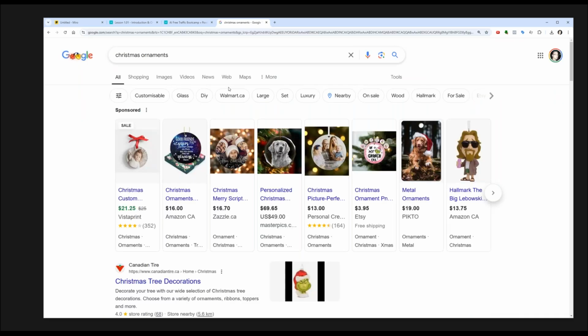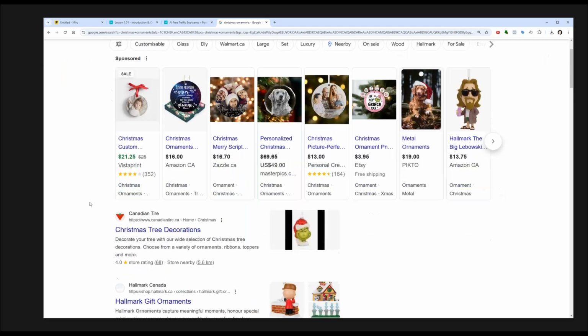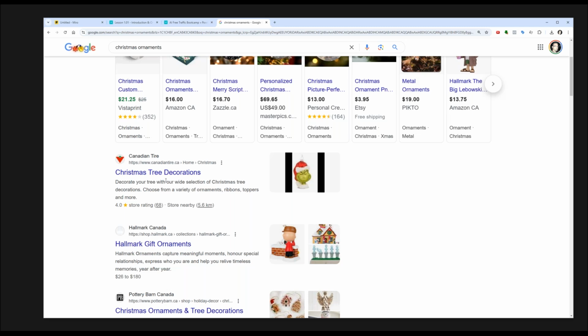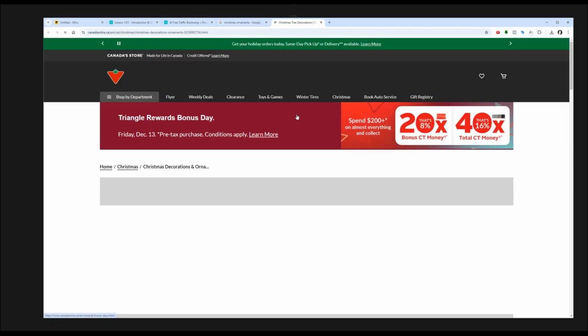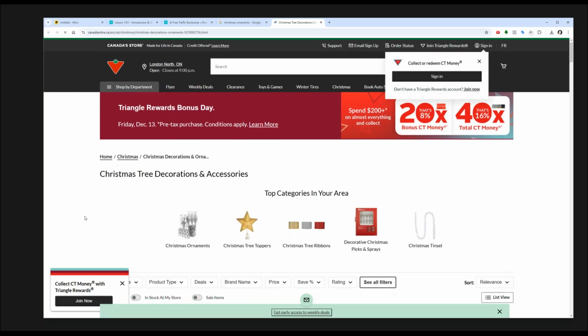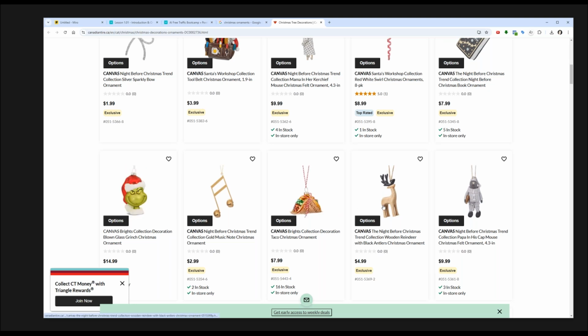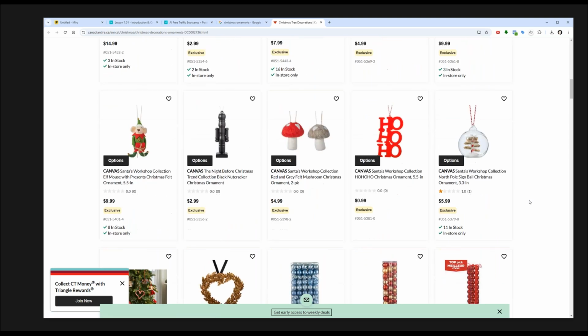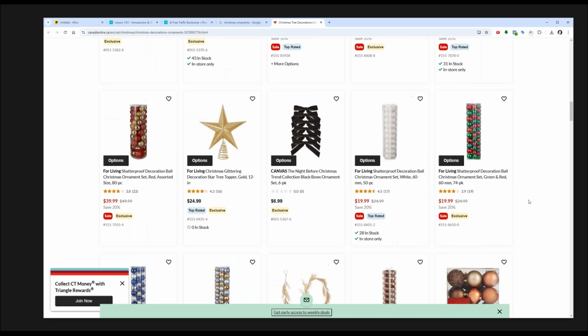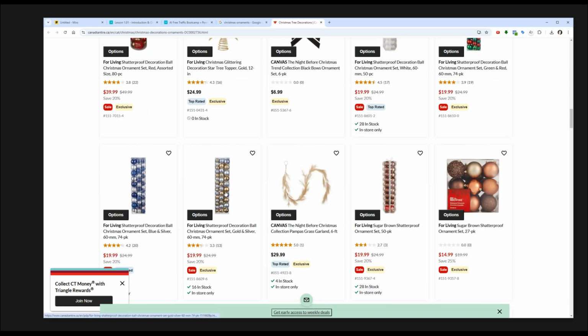Well, look at this. So I type that in. It gives me a lot of Google shopping results up here. Some of these are free, but you can see too, in my area, Canadian Tire has the first spot on the organic search results for Christmas ornaments, which means when I click it, I go through to the Canadian Tire site. And look at this. There's some ornaments. And they're not even good. Honestly, these are very generic. I mean, the Grinch one's kind of cool. Some of them are okay, but compared to what we can do with print on demand, these aren't very good. Like balls, come on.